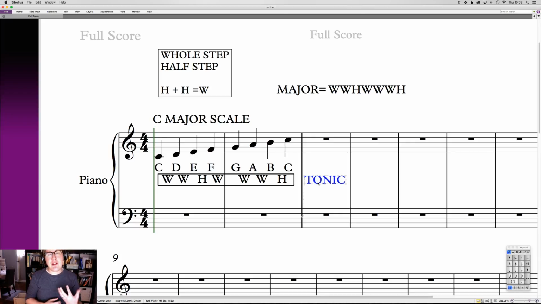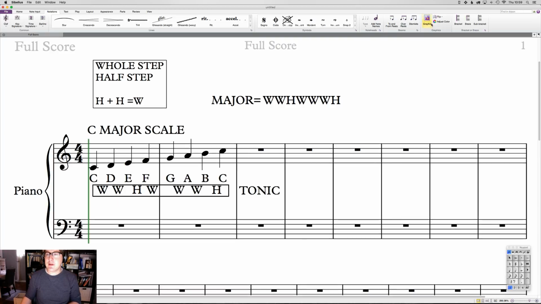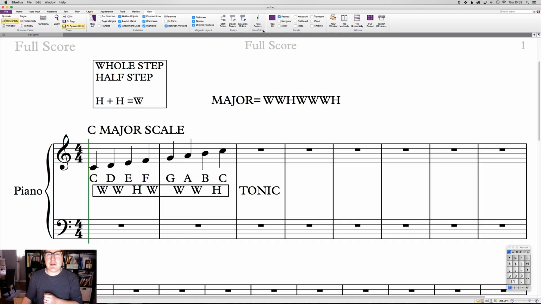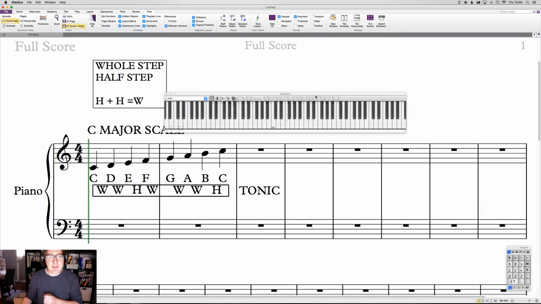So, if you want to do an exercise with an instrument, what I would do is, if you can just sit down at a keyboard, the nice thing about C is we don't need to use any of the black notes. If we just play with the white notes, you can always feel that C is the home note. Give me just a second. I'm going to put up a keyboard on the screen. Okay, so here's a keyboard. Let's pop this guy out. So if I'm going to play this, well, does it show me? Oh, good. So it's showing you what notes I'm playing. So if I'm just playing around with white notes with just one hand,